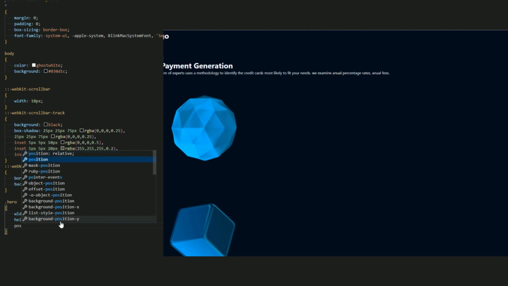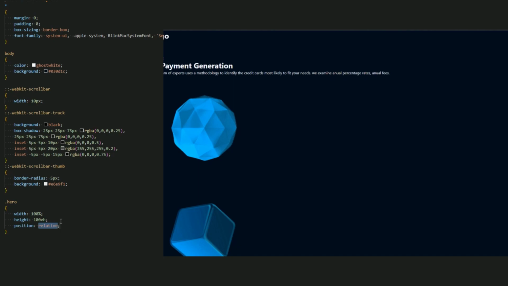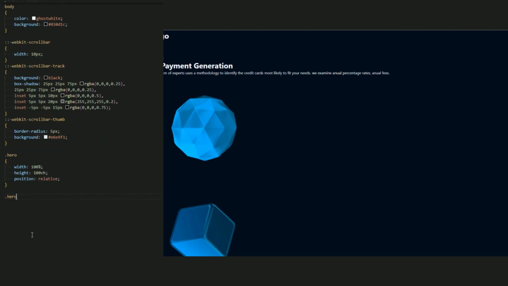And let me add the position relative because I want to add this circle instead of using an image. So instead of using an image, let me create this with before. Let me copy paste it and add a before. Okay, I know I said to use an image instead of before, but I think the CSS before is better than the image.